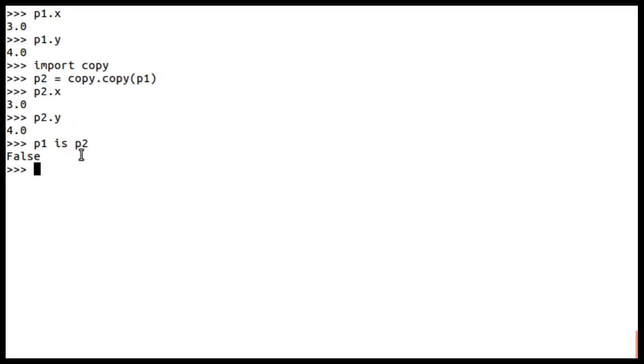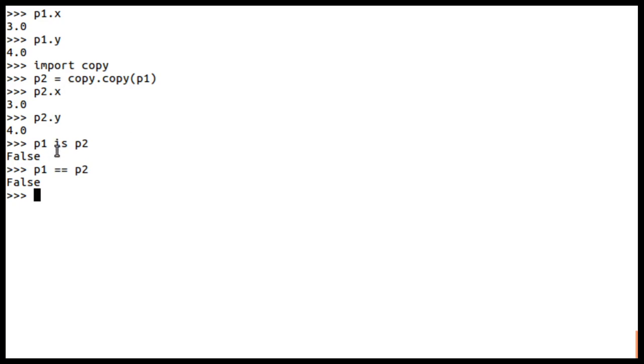Both might be having the same data, but both are different objects. Because both have the same data, what do we expect? P1 is equal to P2, what do we expect, true or false? As P1 and P2 contain the same data, you may expect that they are equivalent, meaning you may expect true here, but it will be false.